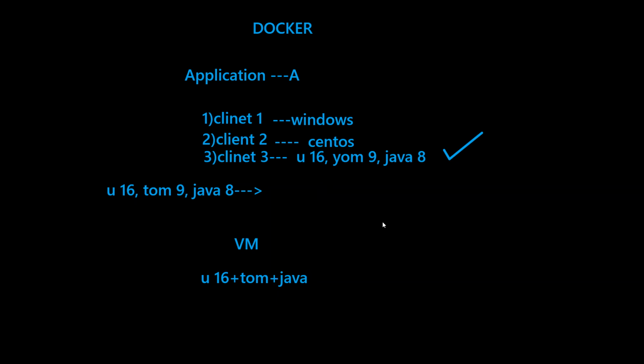This is one solution. The other solution is containers. Containers also do the same. Like you can create a container with this Ubuntu 16, which has Tomcat, Java, the application, share the container to the client, they can use it. Both solve the problem here, right? Both do almost the same, right?